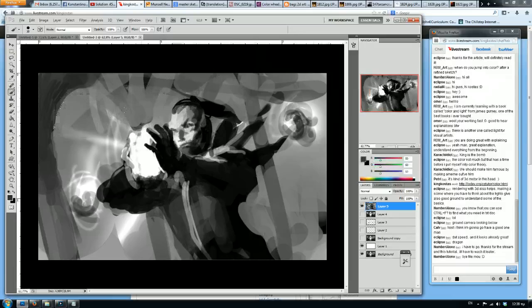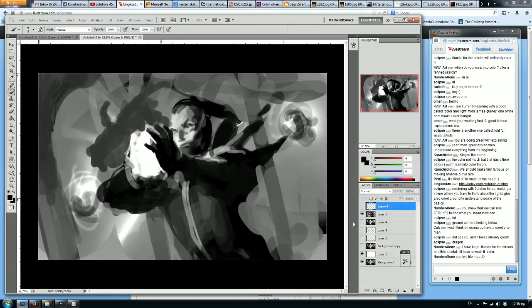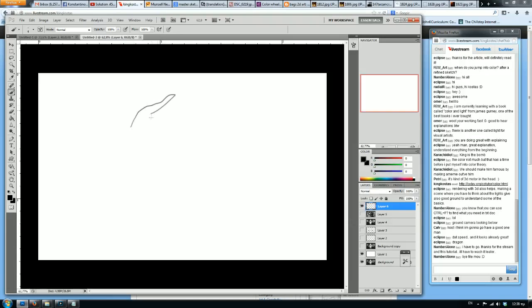So we want the dragon here. Let's say it's his companion or something. So let's place the head here. But really, I want to pass this point. If I was doing this on a drawing, now at this point, instead of what I'm doing here, I would be marking down the dragon outline,